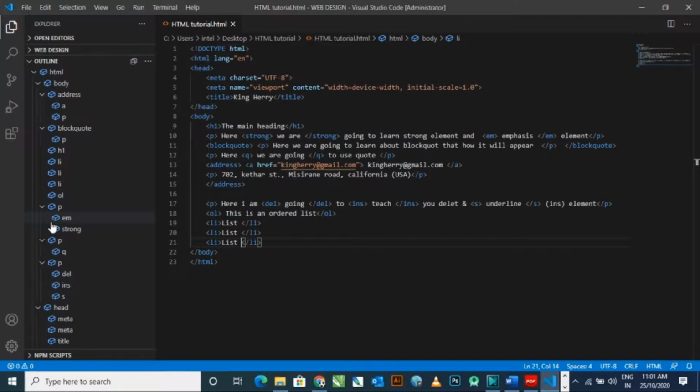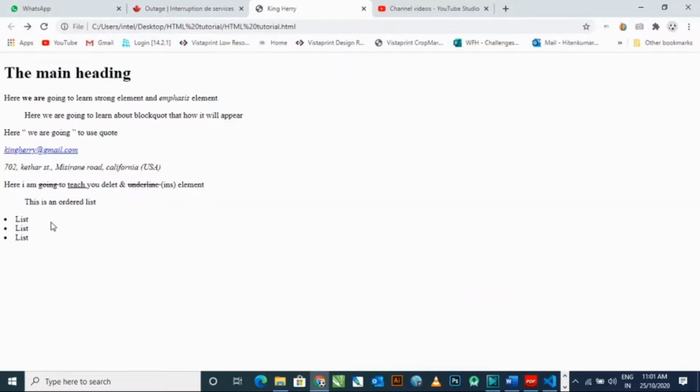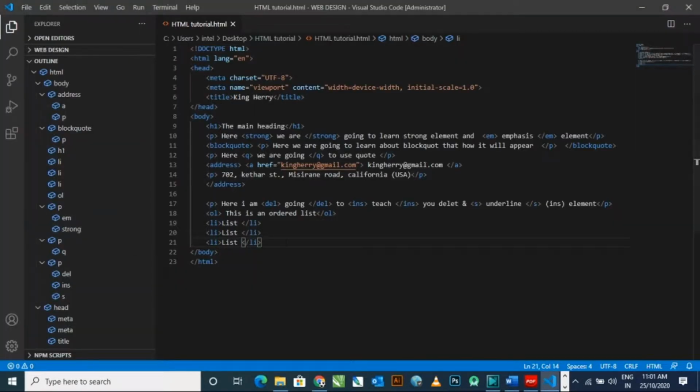Okay, this is an unordered list. I am typing OL here and this will show as an unordered list. You can see OL, this is an ordered list. This is the wrong path I am typing here. Okay, I am typing the unordered list. Both will appear the same in the browser window.